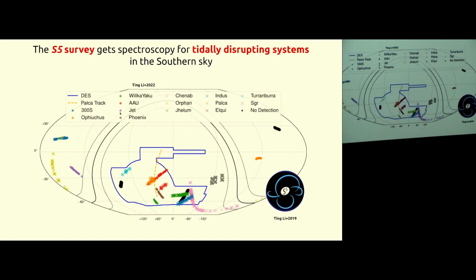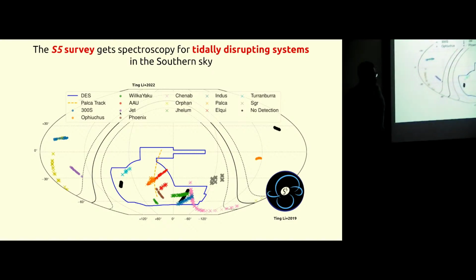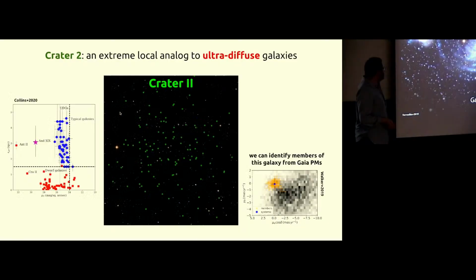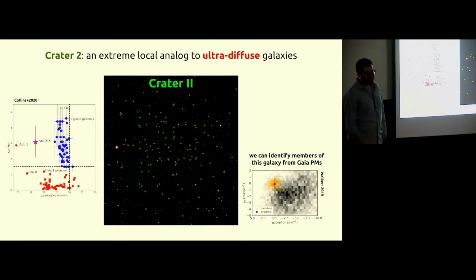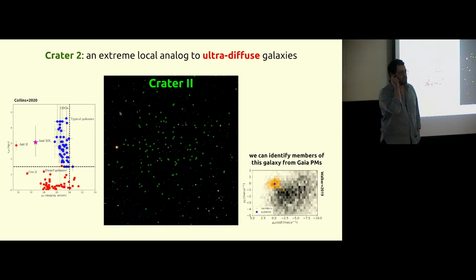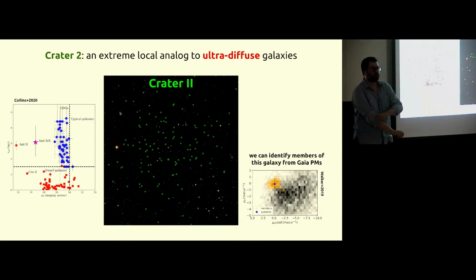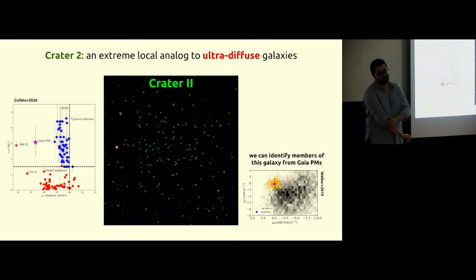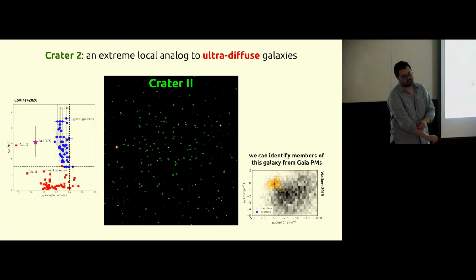Great talk. About the Crater 2, you said that one of the hypotheses is that this galaxy lost its dark matter halo. In that case, this galaxy had to go through a larger dark matter halo before in its history. And so what about the baryonic counterpart when this happened? Isn't it possible that you track this somehow?